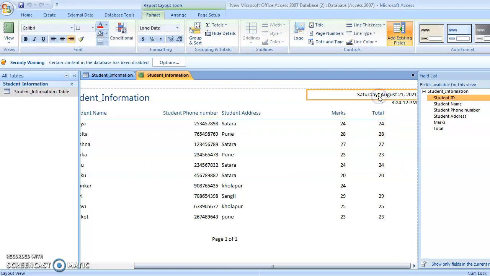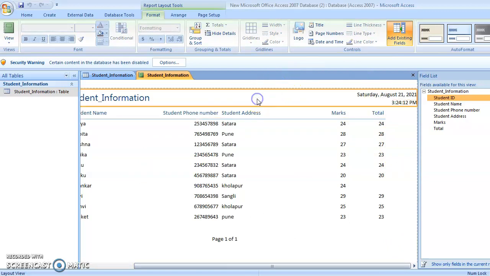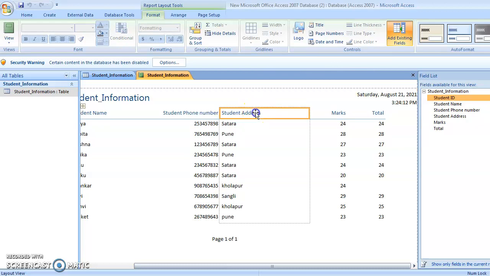And see this, this is the report header, this is the page header, and again this is the page footer. See this, when you generate this report, information like the date, Saturday, August 21, and also the generated time of the report, this time I generated my report. So all the information appears on your report.